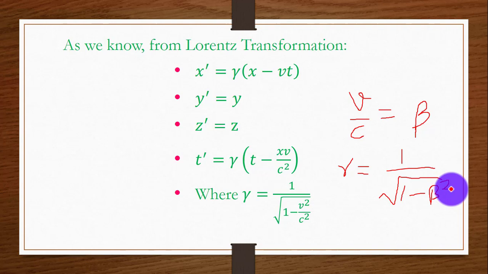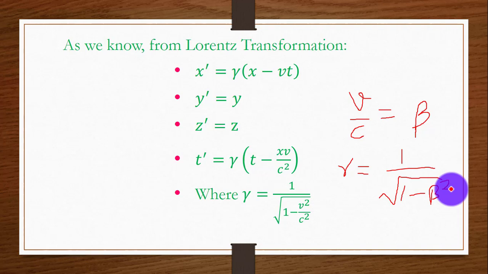So don't be confused with the representation of the transformation equations. They may either be written in the simplest form, that x prime will be equal to gamma times x minus vt, that is already written here, or they can be represented in the beta form also, x prime will be equal to x minus vt upon under root of 1 minus beta square, or also it can be written in its more complex form where we give the value of beta also. So do not be confused with the various representations of the Lorentz transformation equations.